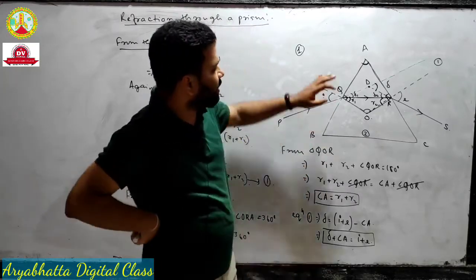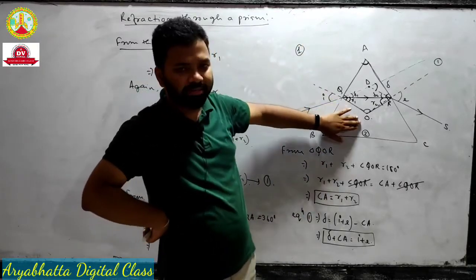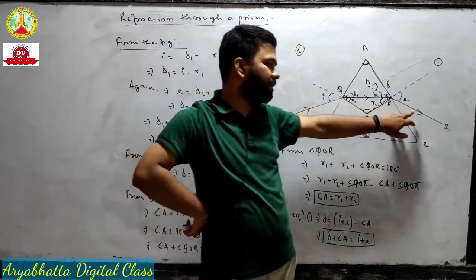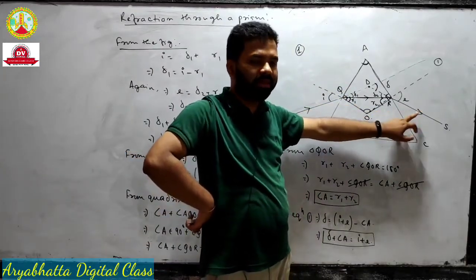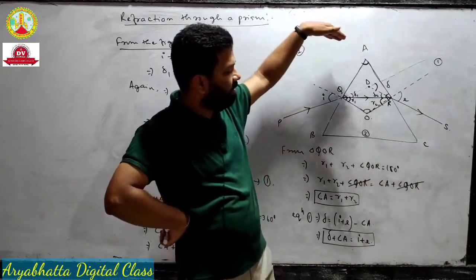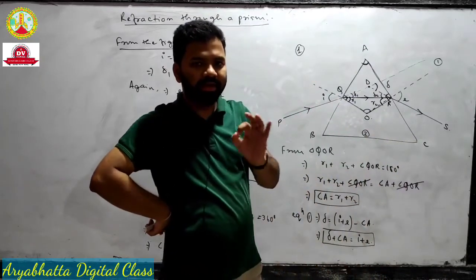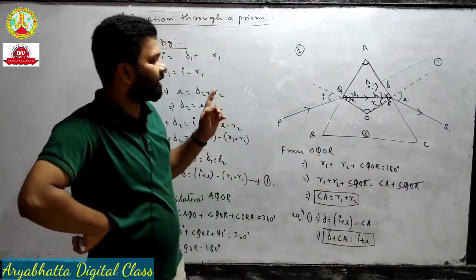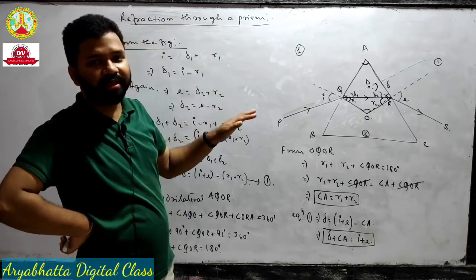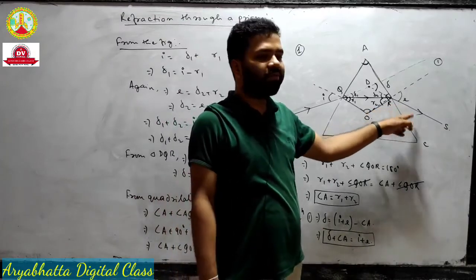If the light ray enters from rarer to denser medium, that is towards a denser prism, then what is the conclusion? The emergent ray will move towards the base of the prism. Okay, a very, very important point: if the light ray is traveling from rarer to denser medium, that is towards a denser prism, then the emergent ray will move towards the base